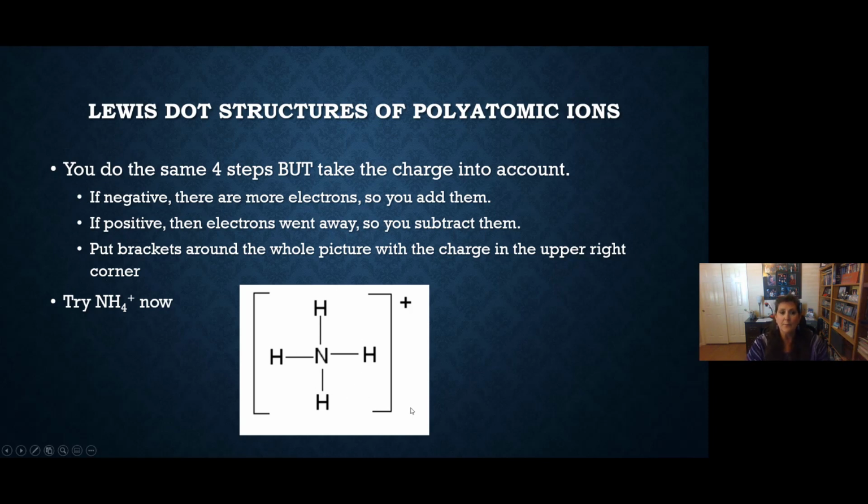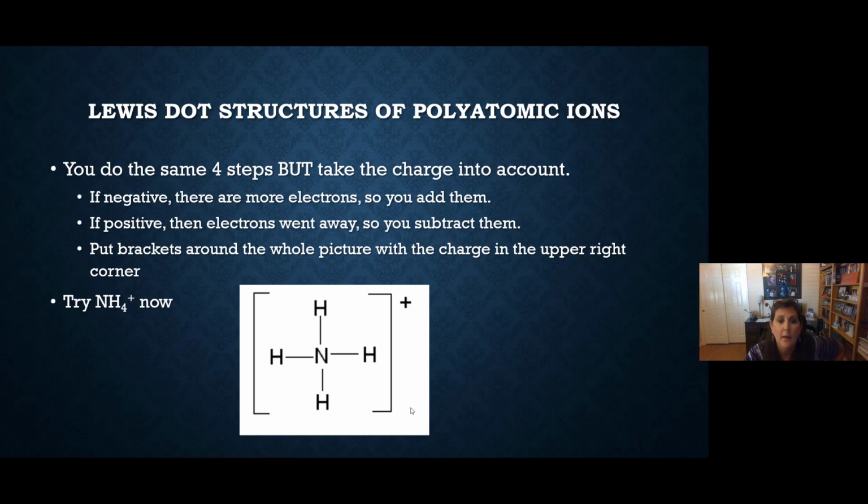So everybody's happy. Now, valence electrons. Let's add them up because we should have done that first. Nitrogen is 5. Hydrogen is 4 because there's 1 each and there's 4 of them for 4 total. So that's 9, but we have a plus charge. If we are positive, that means a negative electron went away. So we subtract 1. 9 minus 1 is 8. 8 valence electrons should be in our picture.